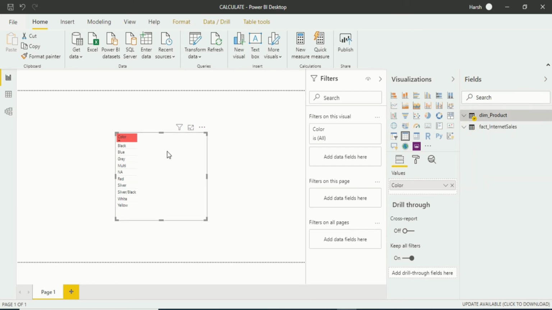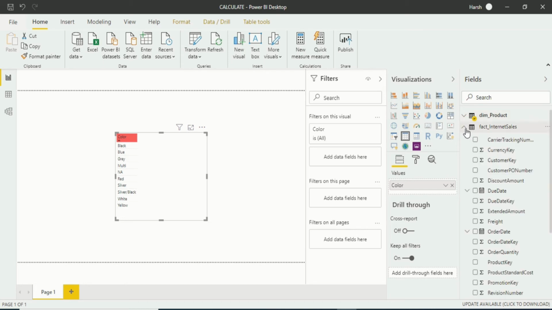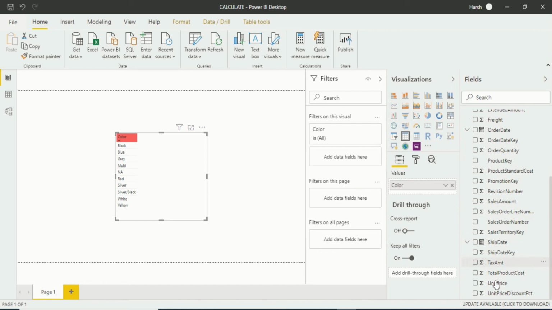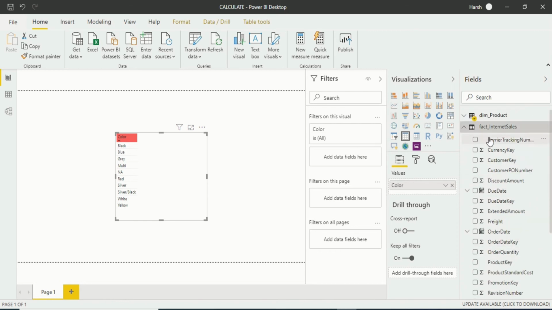Now you can see that I have one table. Now I want to look for the total sales. How can I learn about the total sales? If we go into FactInternetSales, you will see we do not currently have how much sale we have done. That's the reason we want to do the count rows, because the sale is there, the order is there, but how much the sale is done according to color has not been calculated. In that case we will create a new measure in our FactInternetSales.